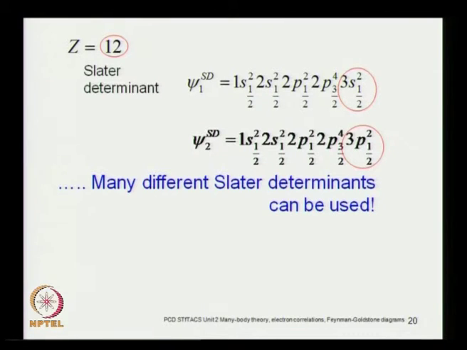You can have 2 electrons in 3p 3/2, you can have 2 electrons in 3d 1/2, 3d 3/2, 3d of course does not have 1/2, 3d has got either 5/2 or 3/2. So, you can have what else, 4s, 5p, anything. You have really infinite number of possible Slater determinants, and strictly speaking, to have a complete basis you must include all of these,